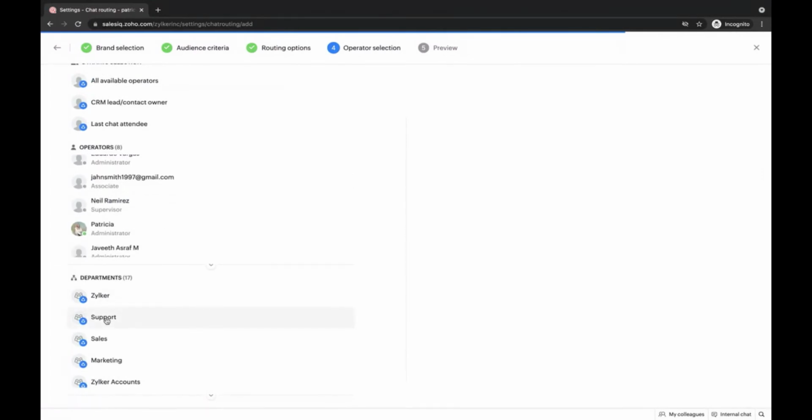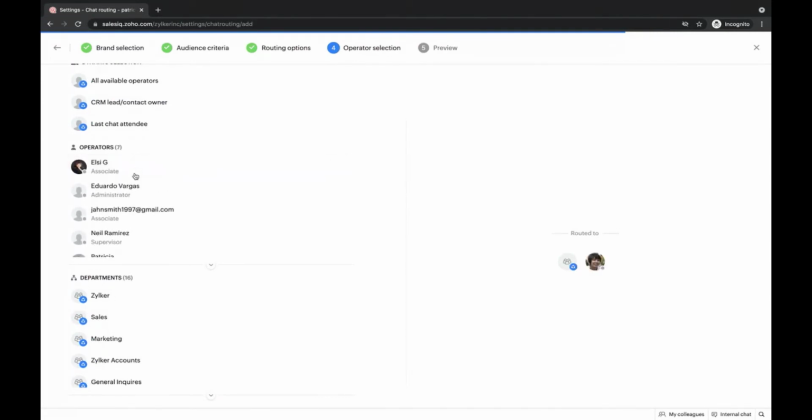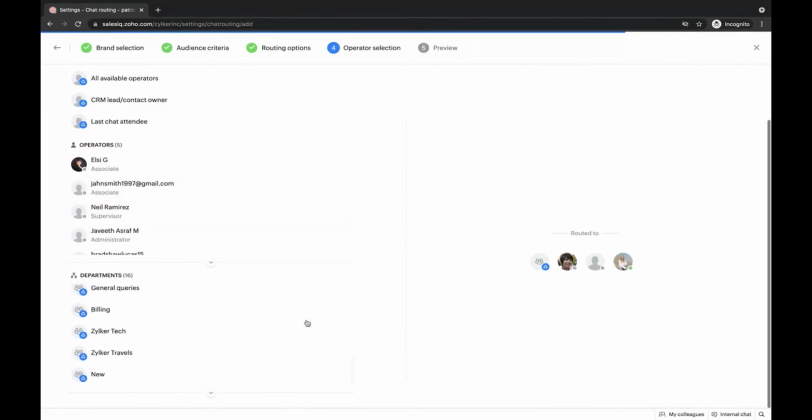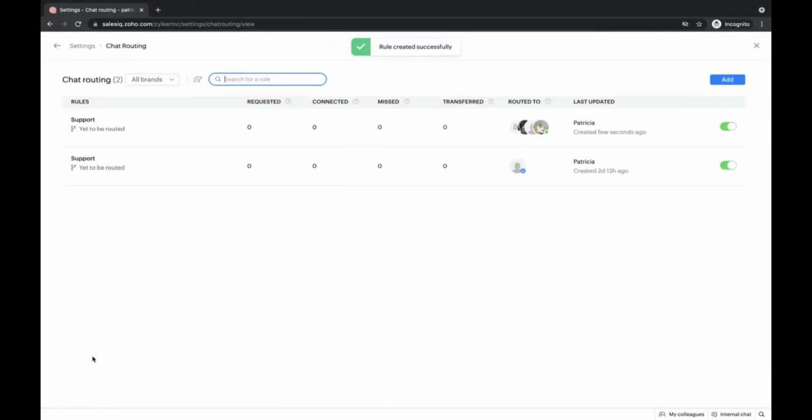I will route all of the chats to the support department. And I can also associate operators if I want to. And I'll click on next. I'll give my routing rule a name, check all of the configurations, and finally click on launch. So now my rule is all set to route visitors to different operators and the chosen department.